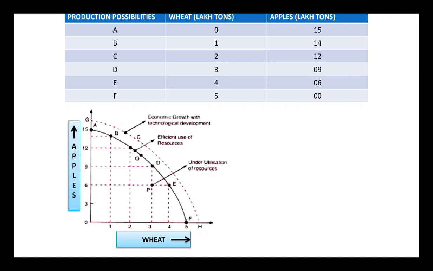If there is a growth of resources, like we have the GH PPC, it denotes that there has been a growth of resource, right, where we are relaxing the assumption that the resources are given. We are saying that okay, the resources have actually increased. In that case, beta, due to technological improvement or any other reason, there will be economic growth, or you can say growth of resources in the